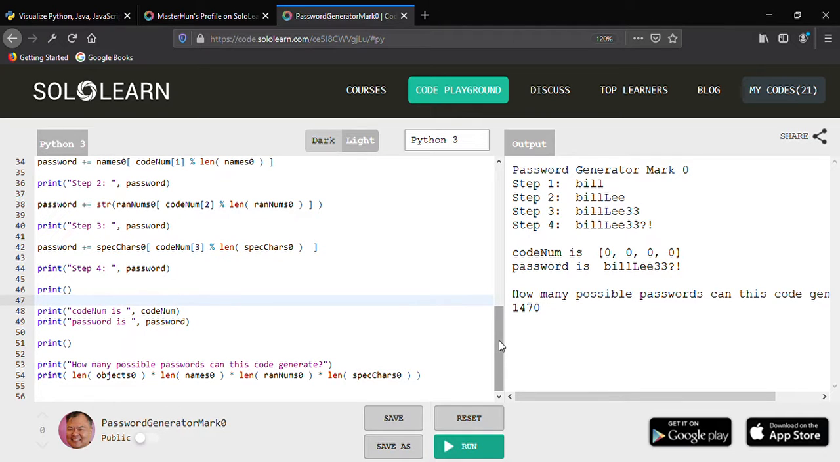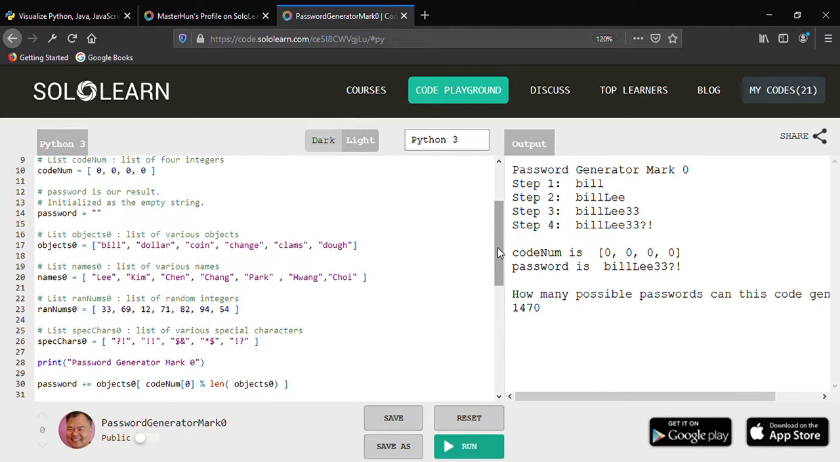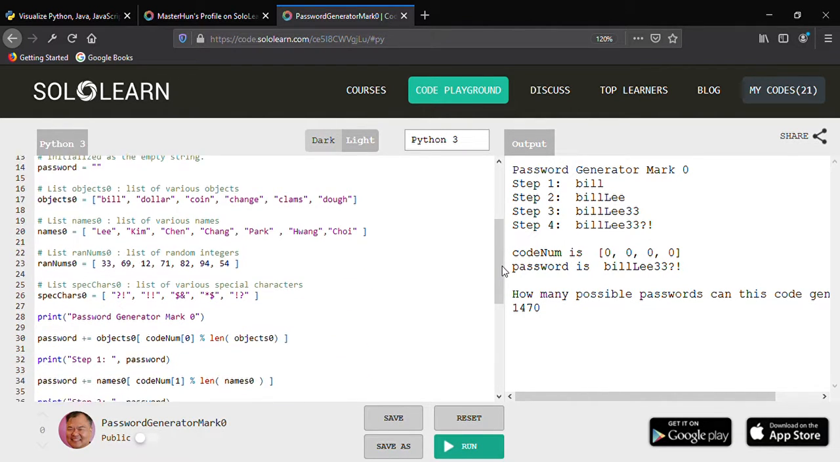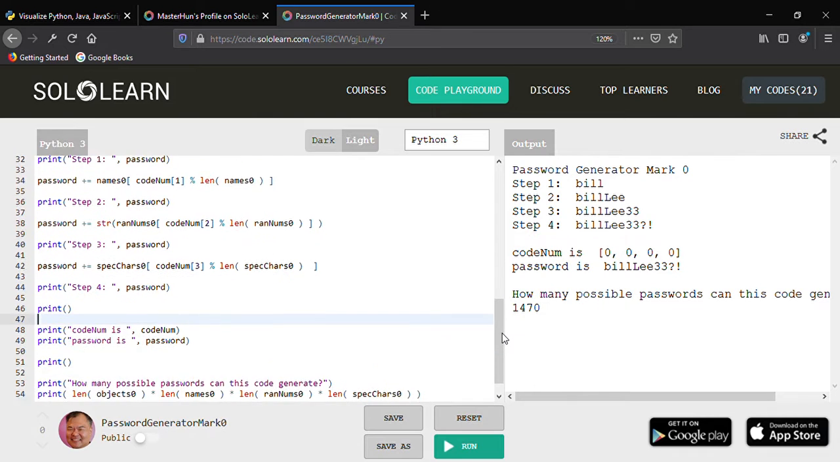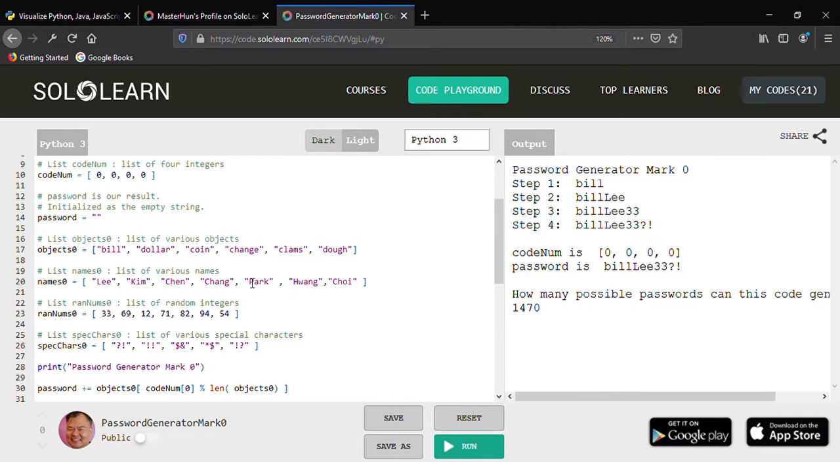So to finish off, there are many ways that we could make password generator mark 0 stronger. And the simplest way to do it would be to just add more items to each list. So the list object 0 only has 6 items. But let me demonstrate to you right now, if we add,